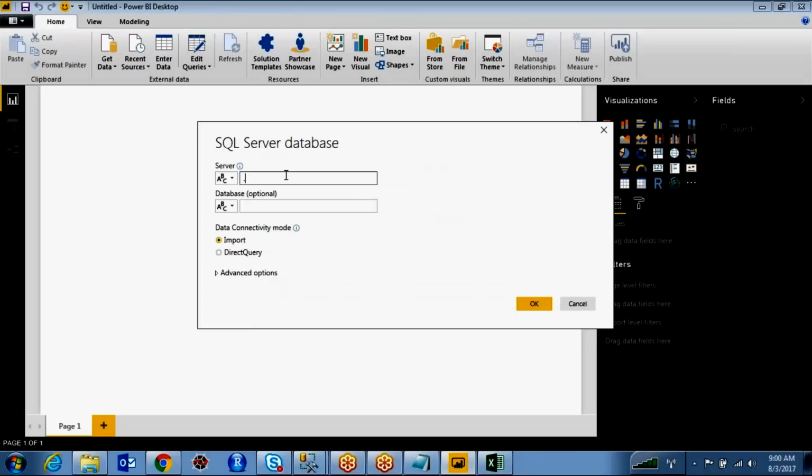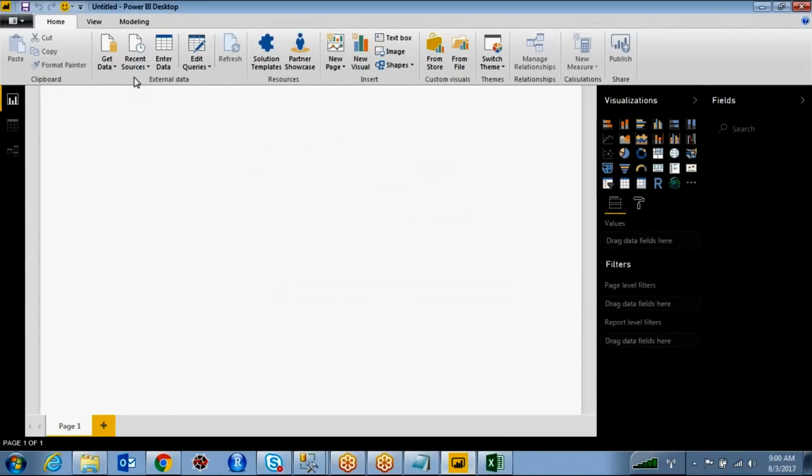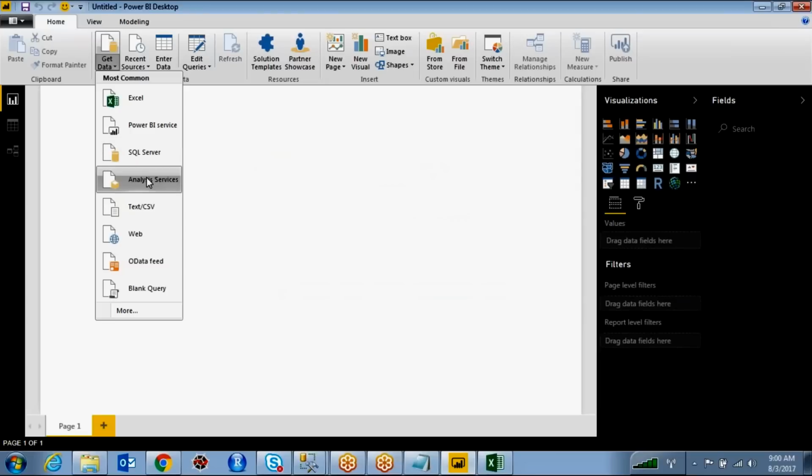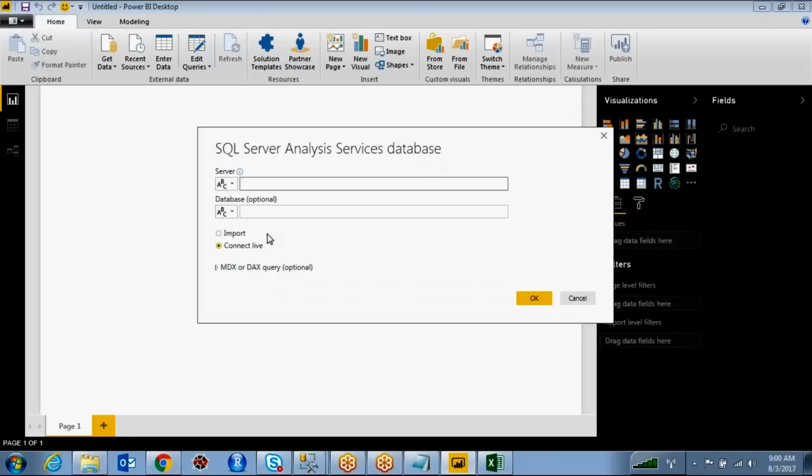Okay. Now I don't want to take the SQL Server database connection as the source. I'm going to take Analysis Services. See here, the import option is there. Fine, but where is direct query? Instead of direct query, there is a live connection coming, right?